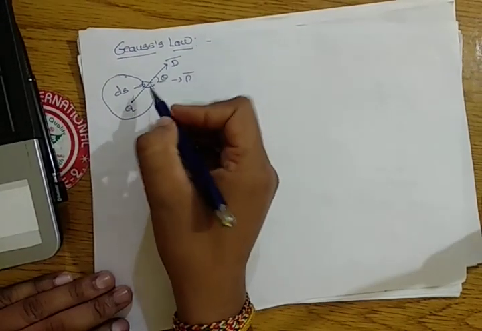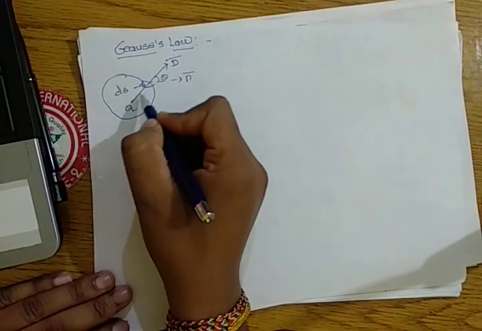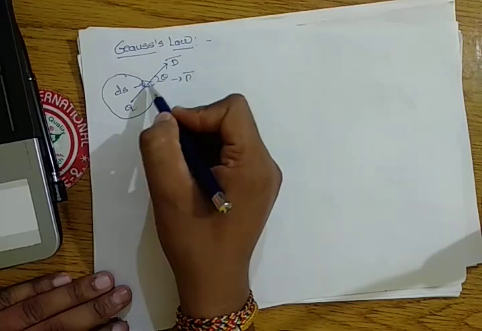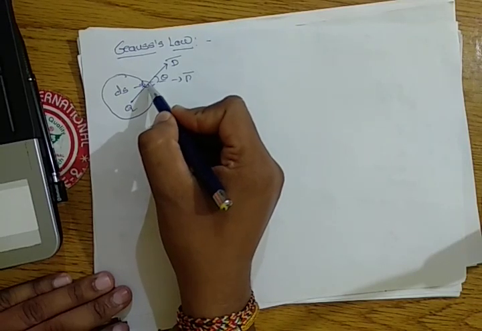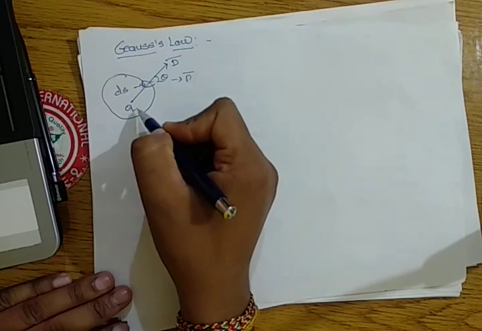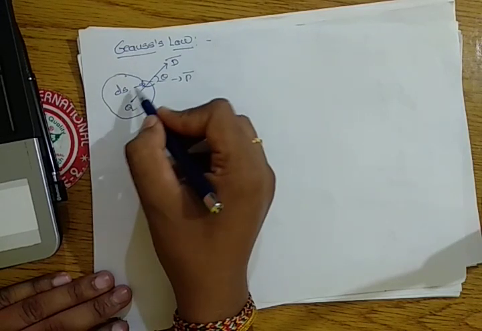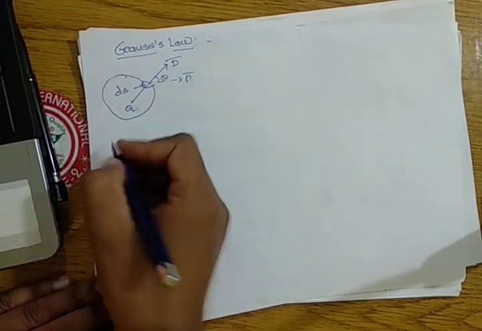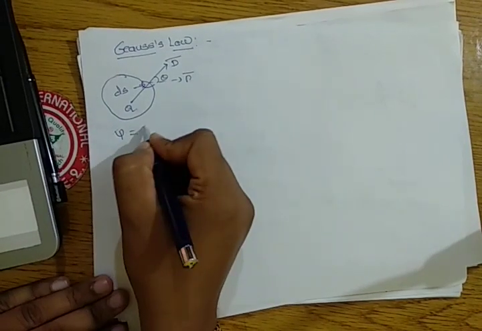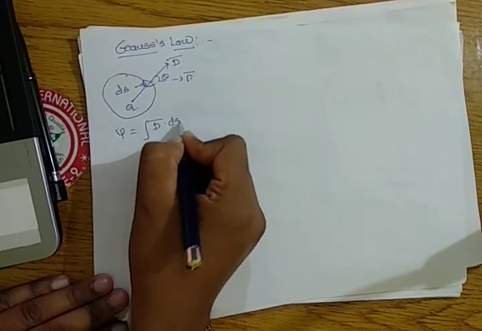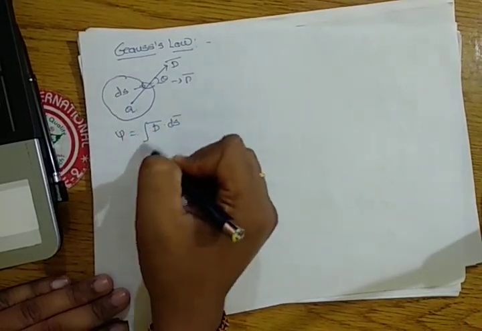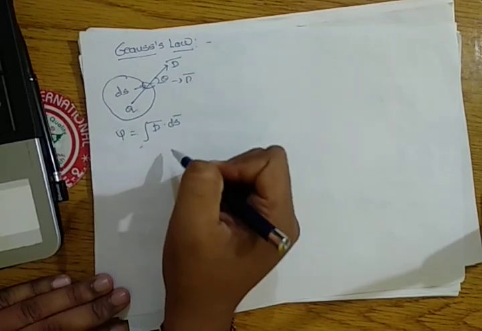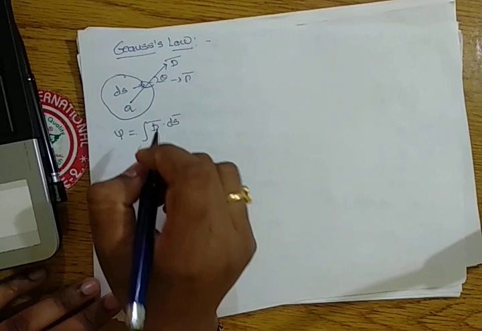Now we will move on to the Gauss law. So now we will see the Gauss law. There is a structure. In this structure there is some area we have to consider, that is ds, and the flux density D bar is crossing across this area. What is flux? Flux is the integration of D bar dot ds bar, means you have to take the dot product of D bar and ds bar, and integrate over the total area. So that is D bar dot ds bar.